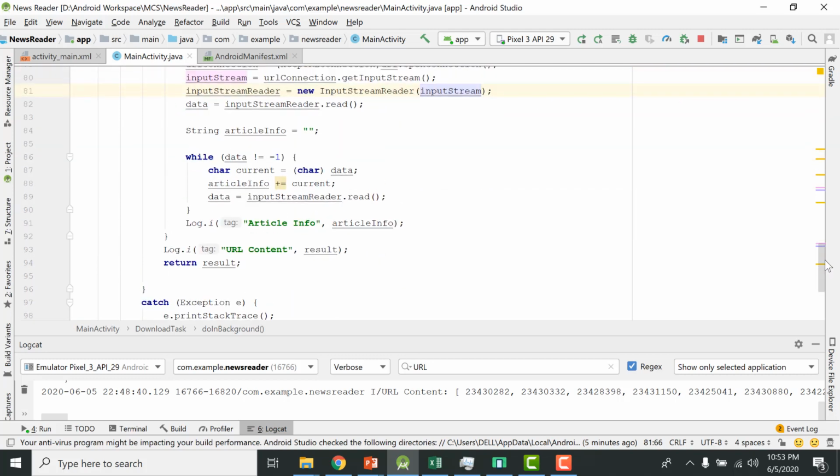And then we declare another string object. This string object will hold the IDs for different articles in the form of a string. Currently our data is in the form of bytes, so we converted it into a character, stored it in a character variable called char, and then we assigned that character into a string variable called articleInfo. And then we move on and get another byte by calling the inputStreamReader.read method, and this while loop will continue until we have data for our 20